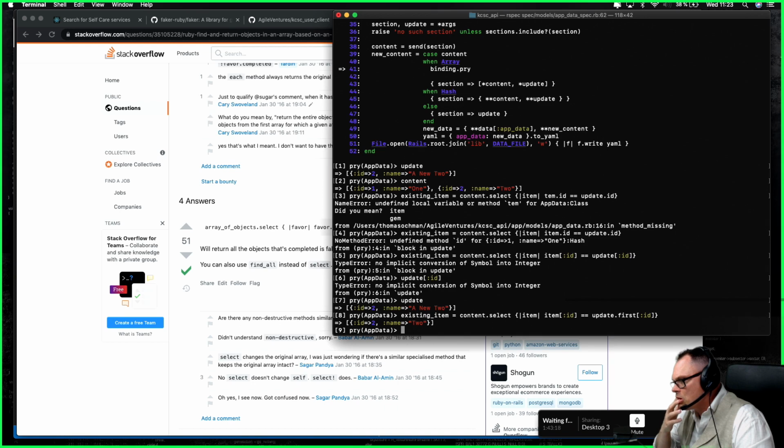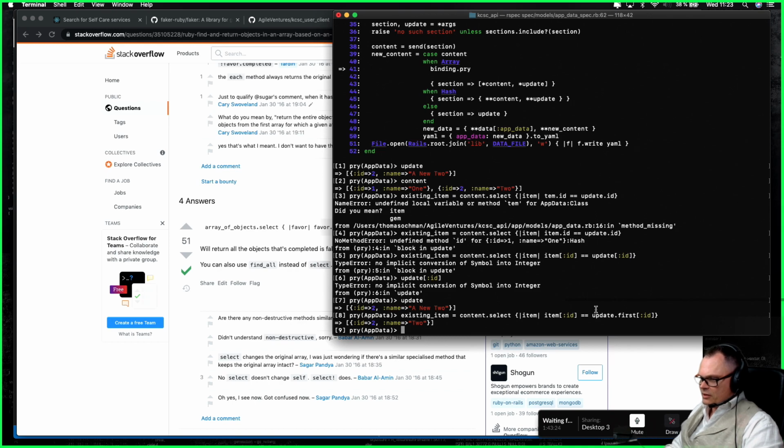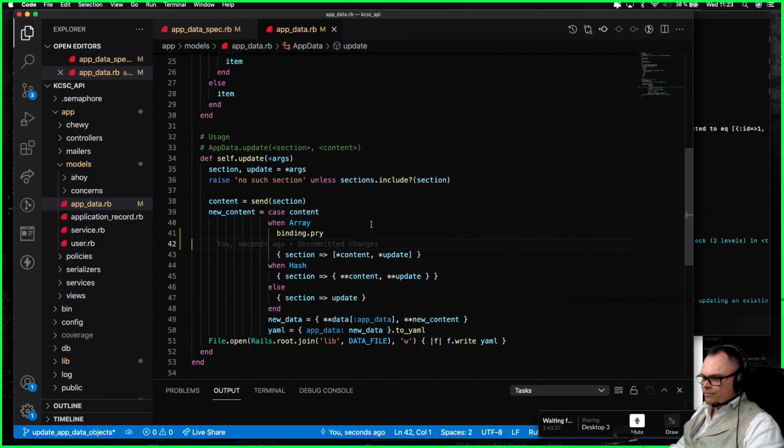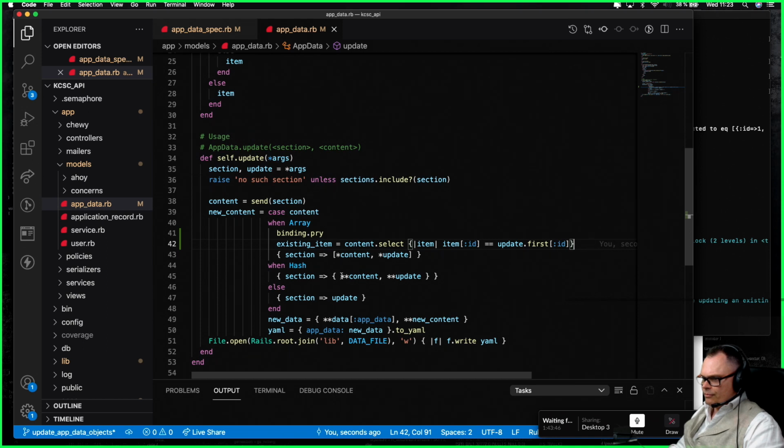Right. So do we need to pass this scenario as an array? No, we don't really want to pass this in as an array. Let's quit this. We're gonna change that spec. Or do we want to change that? No. Or we do